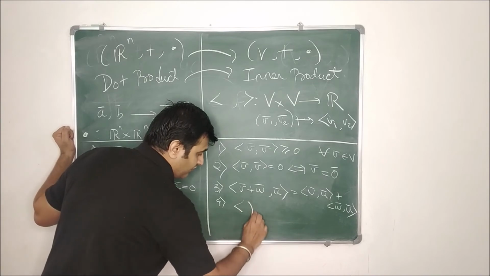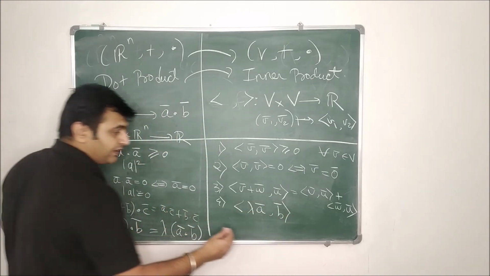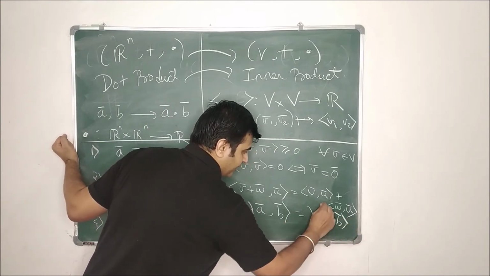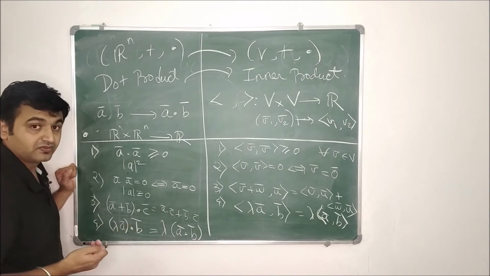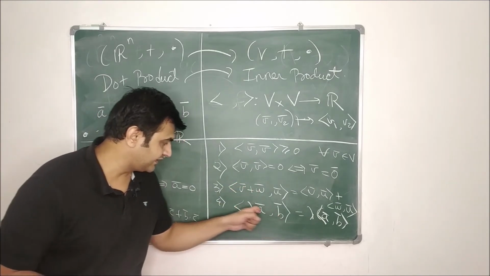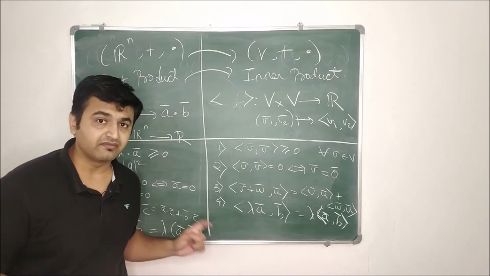So if you observe in the first component, if you have lambda times A bar comma B bar, this is lambda times A bar comma B bar. Lambda comes outside. See, it's a real number, so even though lambda is here, lambda comes out here as well. So from both the components you can take out lambda one by one.